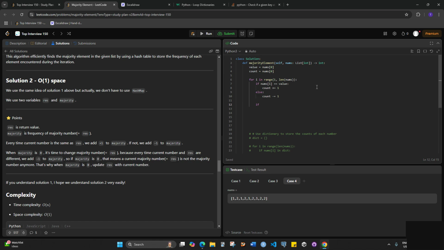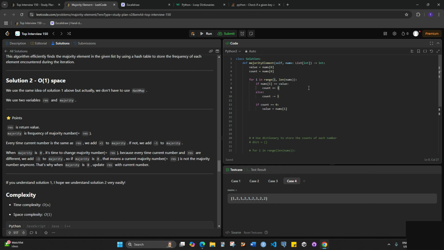And then we do if count equals to 0, then we do value equals to nums[i]